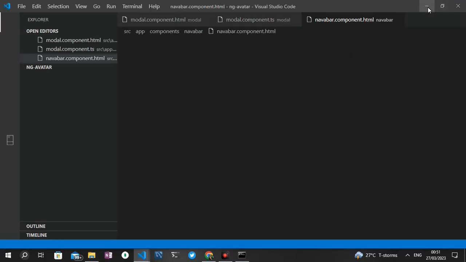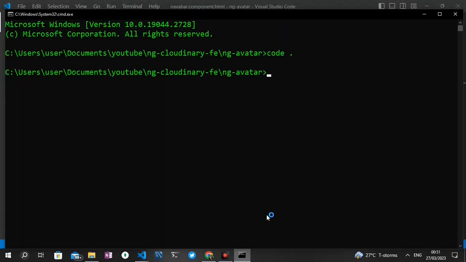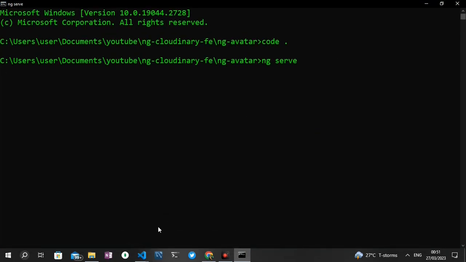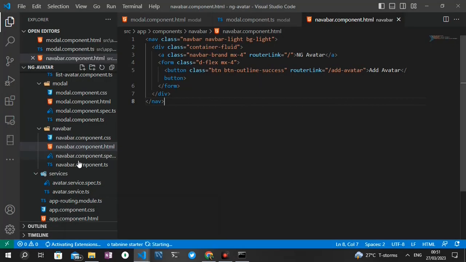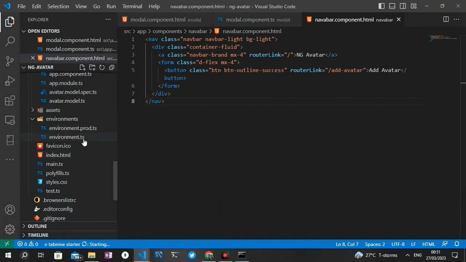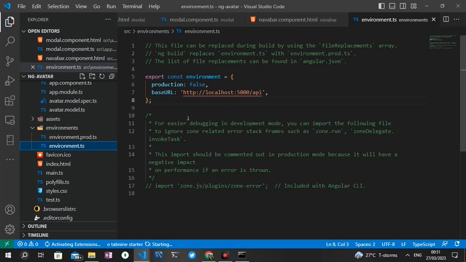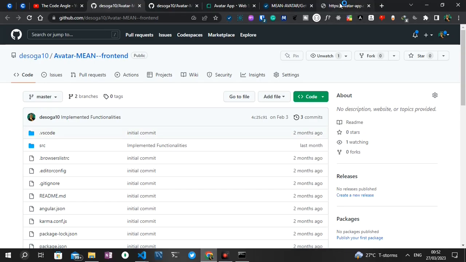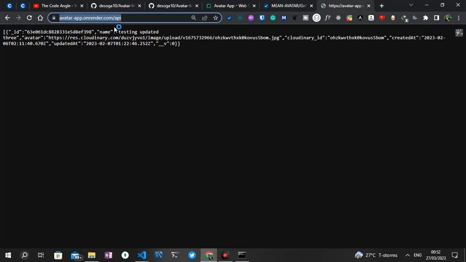So we have the project right here. To be sure everything works fine, I'm just going to run ng serve and let's see how the project compiles. But meanwhile, if I check the project and then the base URL, which I think is in the environment.ts file, yes, this is the base URL. I need to replace this base URL, which is still localhost:5000. I need to replace it with the new URL link we have right here,